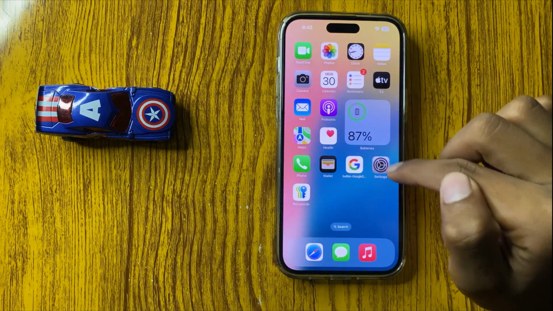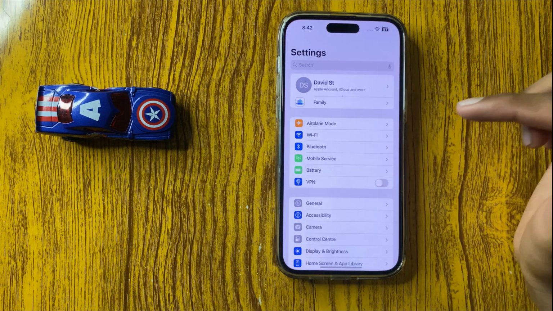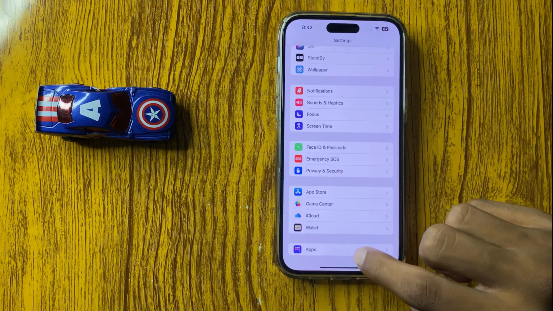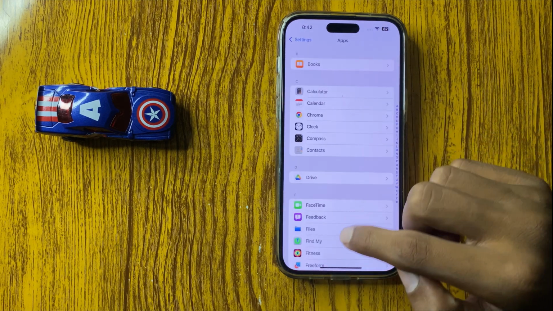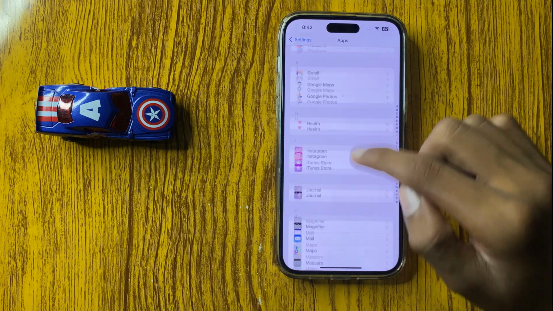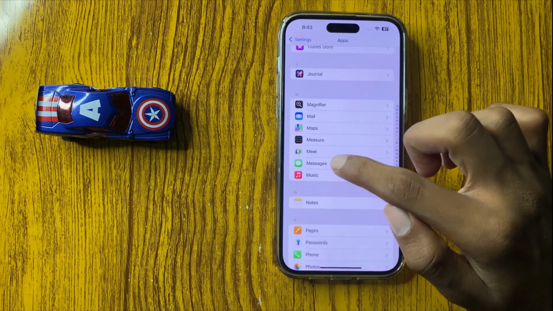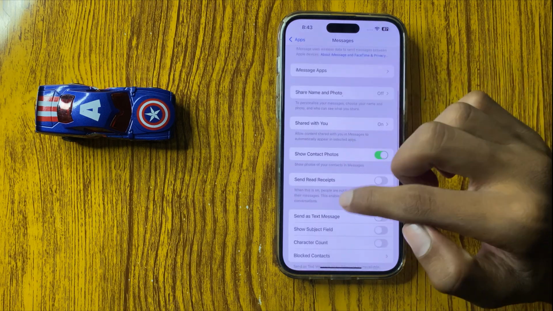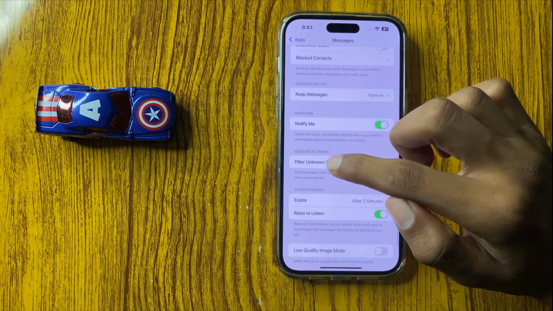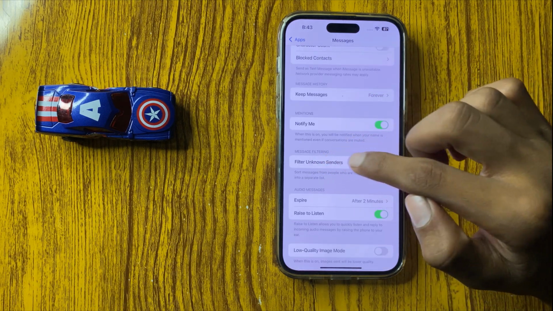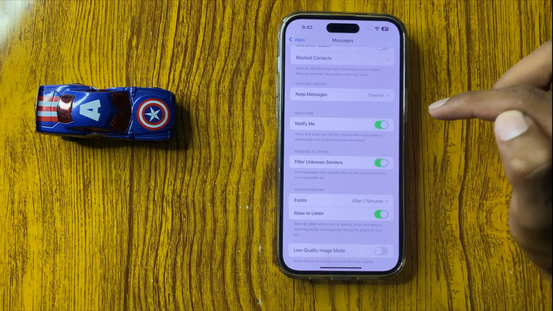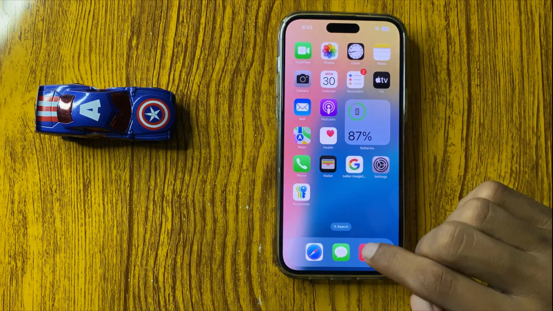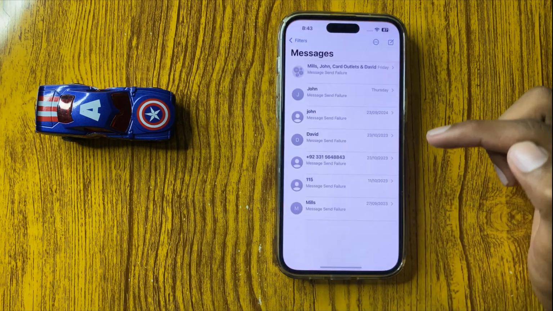First of all, open Settings, then scroll down to the last and click on Apps, scroll down and click on Messages, and then scroll down and here you see the option Filter Unknown Senders. So turn this button on, and after turning this button on, go back to the home screen and open the Messages app,